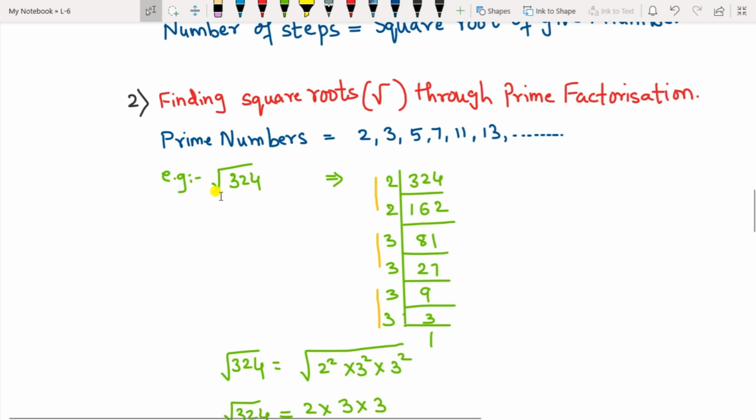For example, the square root of 324. The last digit is an even number, 4, so you can divide it by 2. 2 ones are 2, 3 minus 2 is 1, 1 and 2 is 12. You have to do the subtraction in your mind, like you do in division. 2 sixes are 12, 0, 0, then 4, 2 twos are 4, then 2 eights are 16, 2 ones are 2, 3 twenty-sevens, 3 nines, 3 threes, and 3 ones. Now you can see all the numbers can be paired twice. They are in pairs.